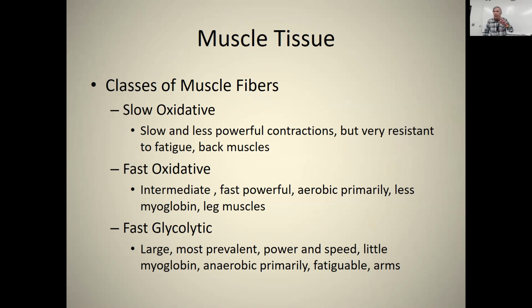You can change that to a certain extent by training, but the person who genetically has more fast glycolytic fibers is always going to be a little faster than you. If you both have the same amount of training, but this guy has genetically more glycolytic fibers, he's going to run faster than you no matter what. Like Usain Bolt, the fastest man in the world, he was genetically blessed with a lot of really fast glycolytic fibers,